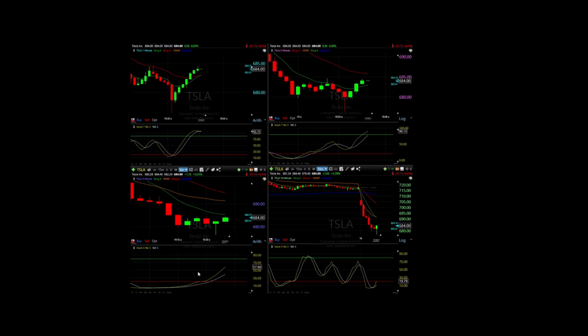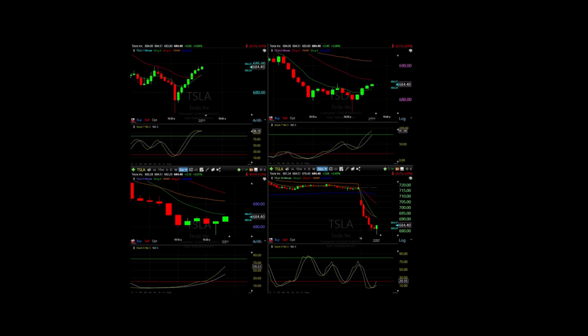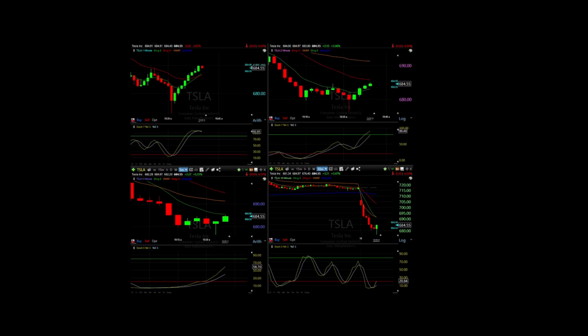But at no point here did I start buying. Here is one point where I could have bought. I could have begun to start shorting, but I didn't, and the reason was I wanted the 2 minute 21. It was close to the 2 minute 21, and this would be a good short in here. Look at the 1 minute starting to go down. The 1 minute stochastic is going short,